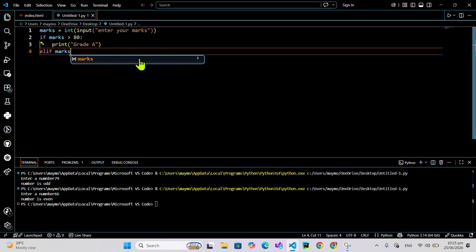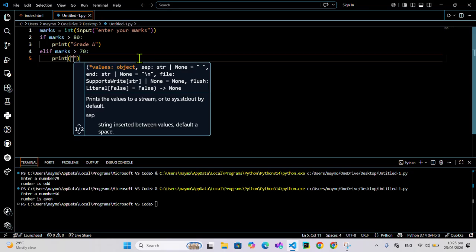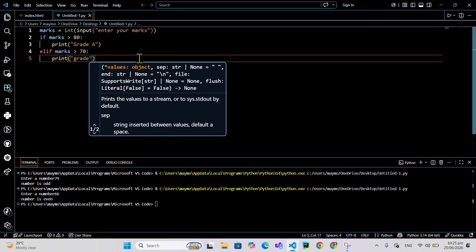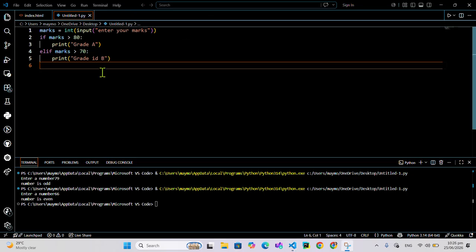Elif marks greater than 70, putting the colon over here again, print and putting the double quote message grade is B. Coming to the third condition, sorry, elif marks greater than 60, and